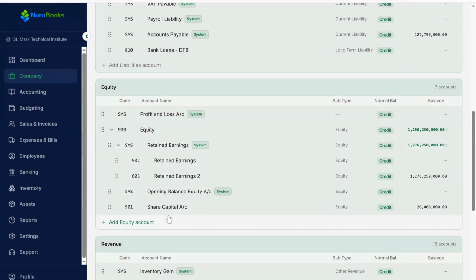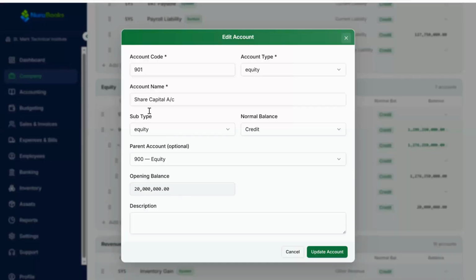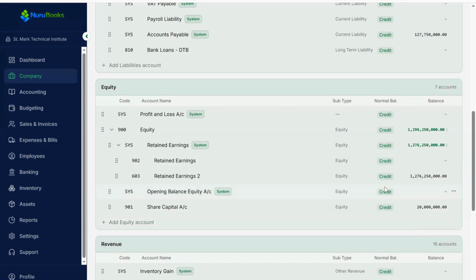Then I also created a share capital account. If I just edit it here, you would see that my share capital account is 901, with equity account as the account type. The account name is share capital account. You can give it your name, whatever you're comfortable with. Subtype is equity. It is a child. I gave it a parent, which is equity. I was able to enter this opening balance, and then I created the account. So if you enter 1,276,250 and 20 million on share capital and retained earnings respectively, then your opening balance equity account should come to